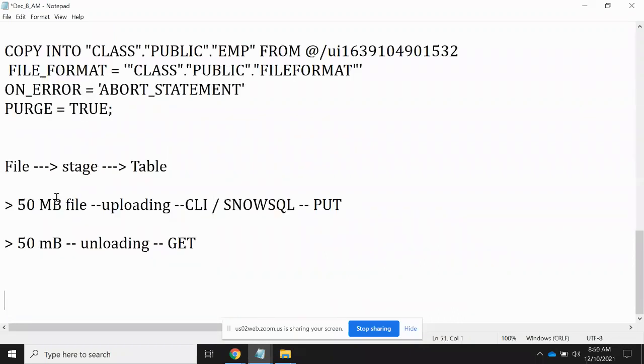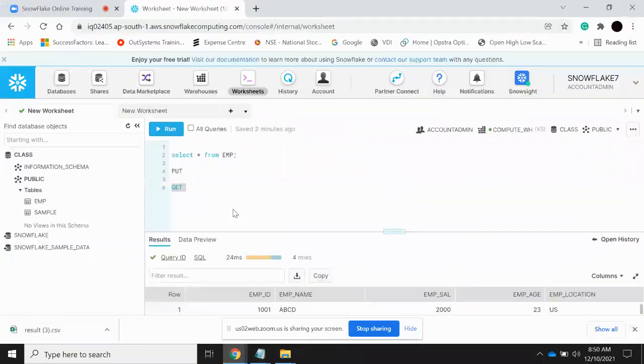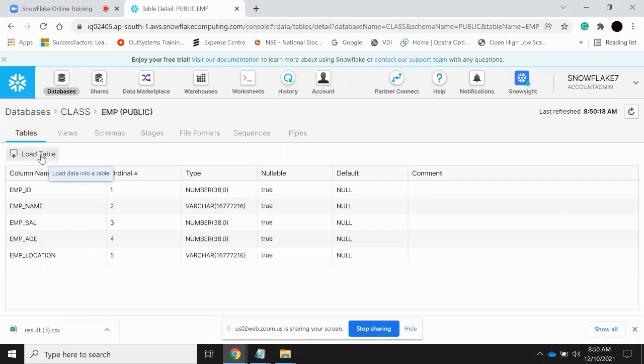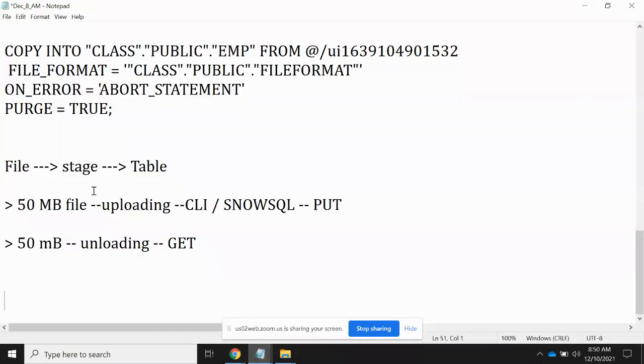Okay, so now here, for example, if you want to load the same file again one more time, we are able to load it here by using the load option. Let's observe this. But when you are using the commands, we cannot. Because of this purge command,